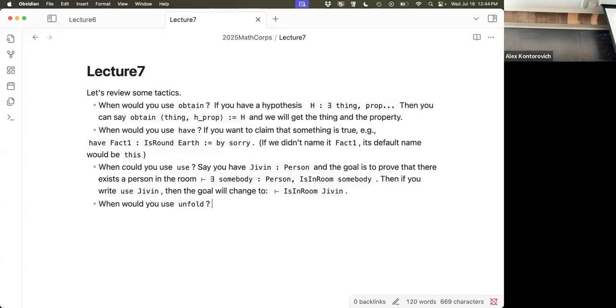Khalil? And you want to find out the steps for how you need to prove the goal. So if the goal is this, unfold would tell you, oh well, that means you need to prove this, and you need to prove this, and you need to prove this. Exactly right. So unfold reminds you what the definition of something is. Unfold, if you don't remember what it means to be wearing jeans instead of shorts or something,